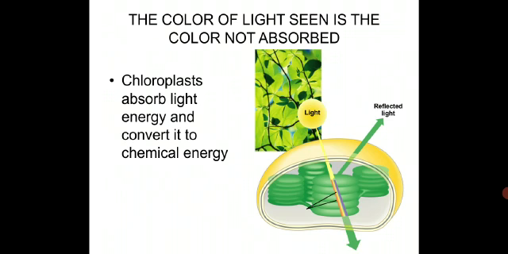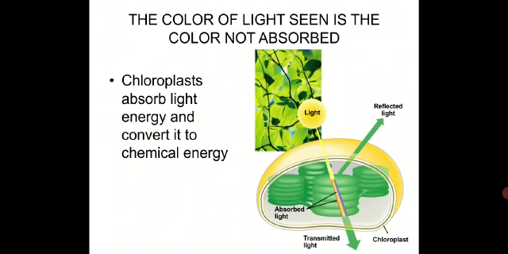Now you are watching the overall process or the color due to which the plants are seen to us as green, that the chloroplasts absorb the light energy and convert it into chemical energy. So this is the main region of the plant cells where chlorophyll is present, and chlorophyll is the main photosynthetic pigment which actually absorbs the energy for the reaction of carbon dioxide and water for the formation of